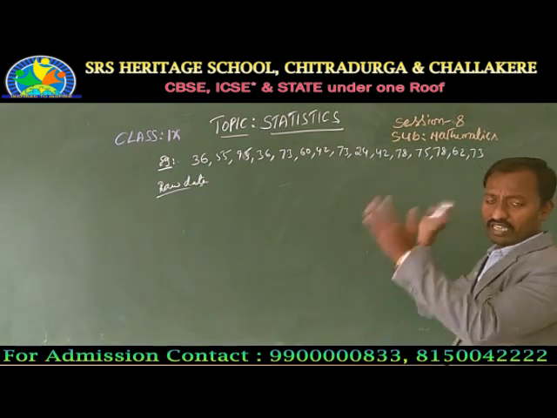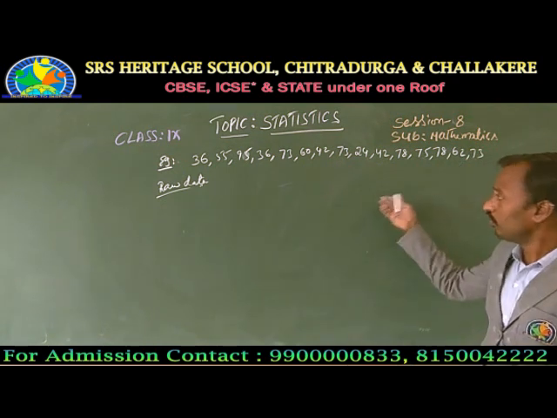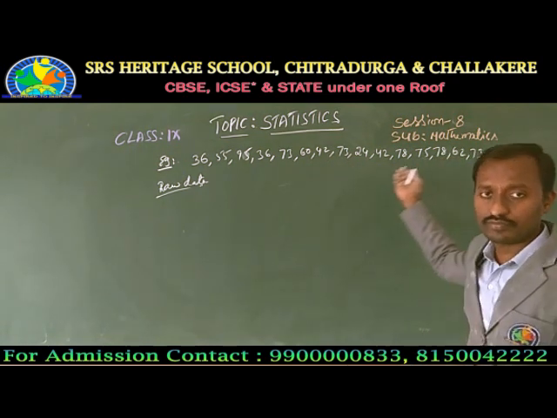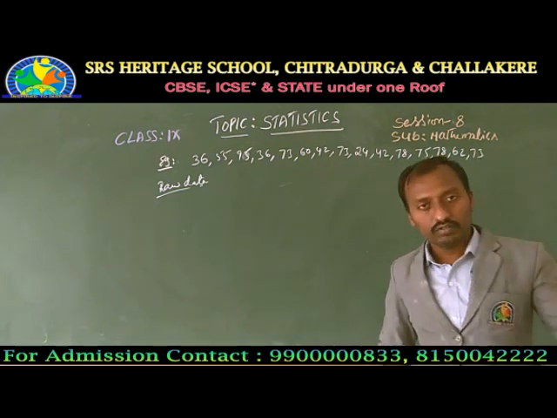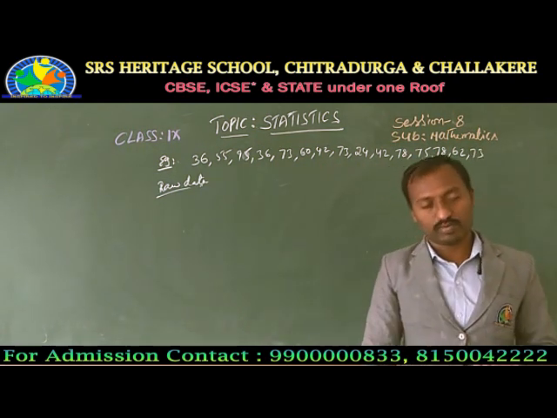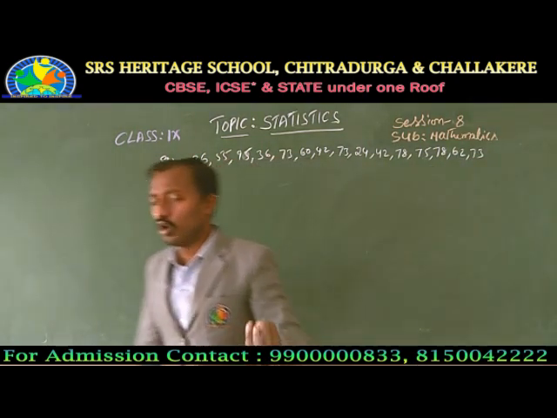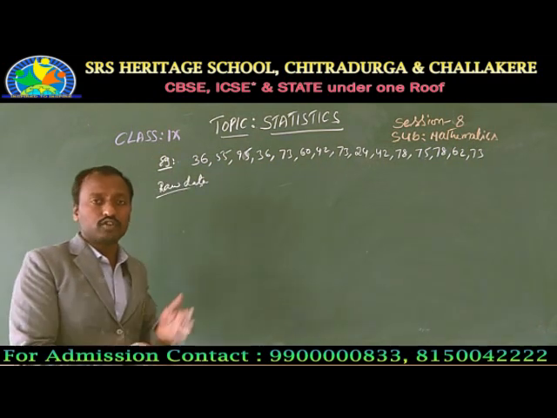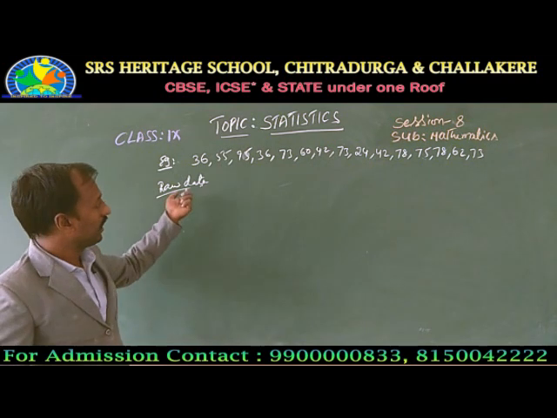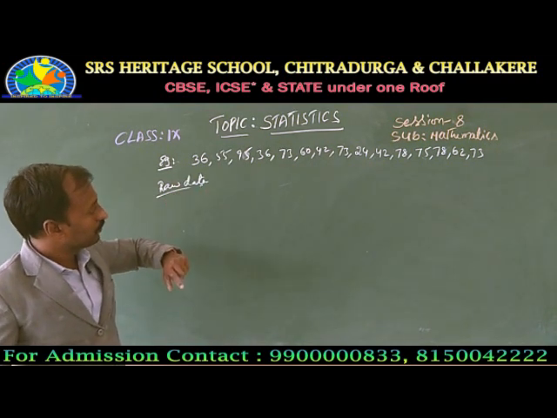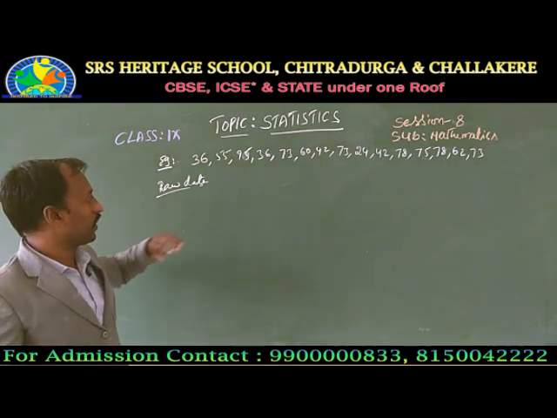Some people can also write them in ascending order or descending order, either order, then you come to know. Of course, here there are only 15 students, so by looking at it we can tell which is the highest mark and which is the lowest. If the number is more than 20, we can arrange them in ascending or descending order. Without ordering, I can conclude what is the least mark and what is the highest mark.